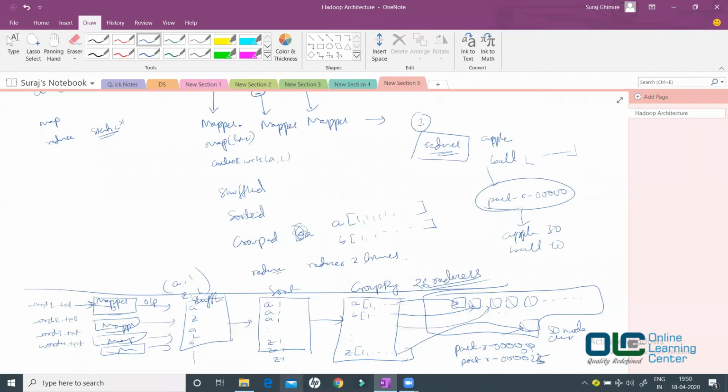My experience says, if you understand this word count example thoroughly, and if you are able to represent this word count diagrammatically, talking about all these concepts, learning MapReduce code would be very, very easy.